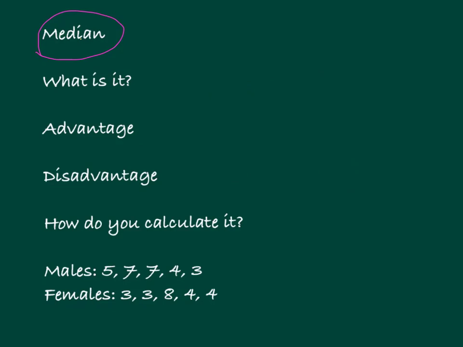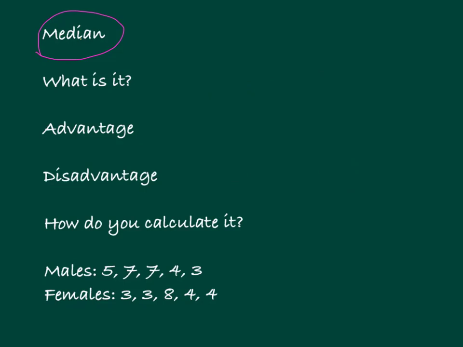For the purposes of AS, you are looking at the median because you want to summarise your results. Your advantage of the median would be that since it's just looking at the middle number of a set of data, outliers will have little or no effect, unlike the mean. So that would be the advantage. But as I said, the disadvantage is it does become rather tedious to work out when you have a large